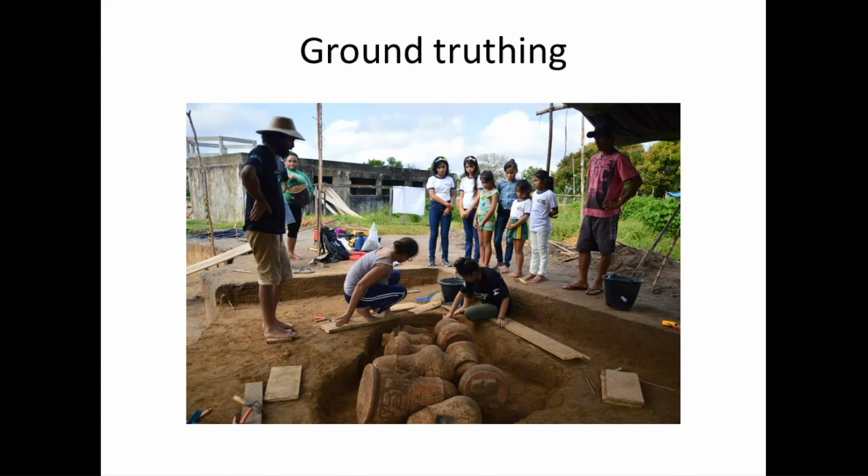Archaeologists are not content with just the aerial photographs. We're doing so-called ground truthing, finding places where there may have been ancient inhabitants, and doing excavations, as you see here,